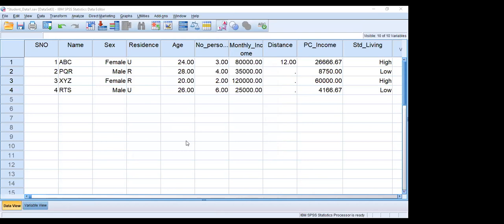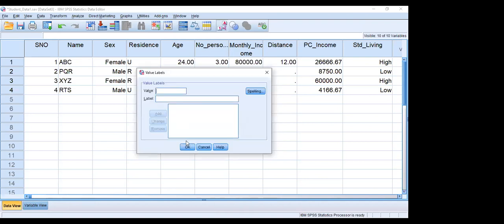Similarly for education: 1 means primary, presuming that there are no illiterates; 2 means secondary; 3 means SSC and above.